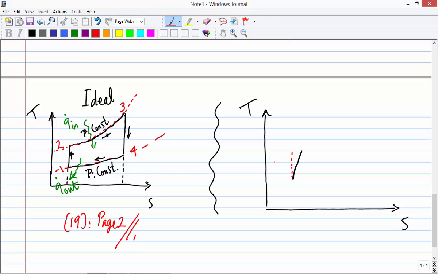And we said that in the heat exchanger we expect the pressure to be constant, but it's not going to be constant. That's going to drop because of all those internal pipes, valves, knees and stuff. So pressure is going to drop. So we're going to go off that curve and end up at a lower pressure,